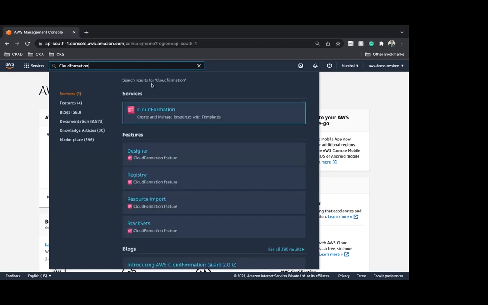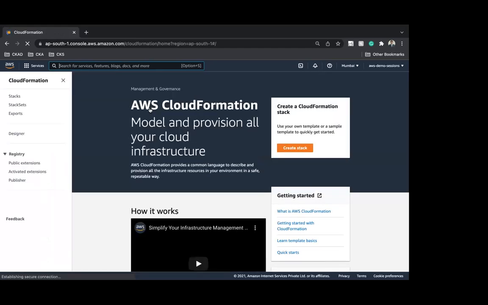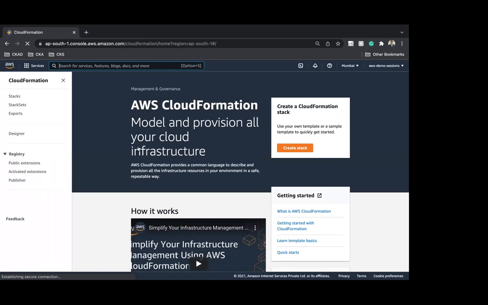So as you can see, when I start searching itself, it gave me a CloudFormation service here. And as we understood in our slide, it has clearly mentioned at the bottom, create and manage templates, right? CloudFormation is used to create and manage the templates. Now, if you haven't launched any CloudFormation, this is how you're going to look around the template, a landing page where you can click on create stack.